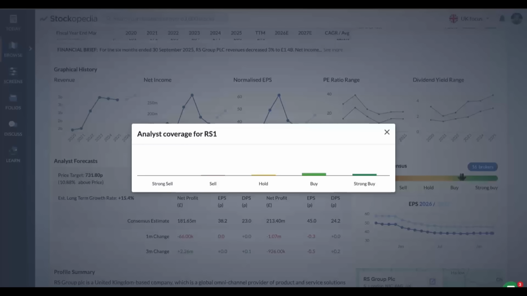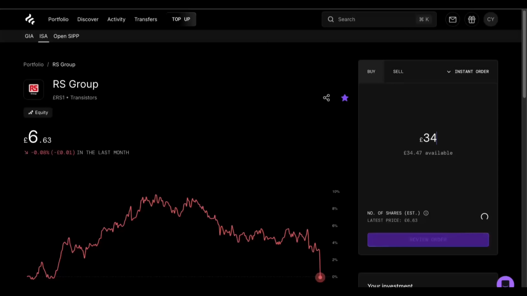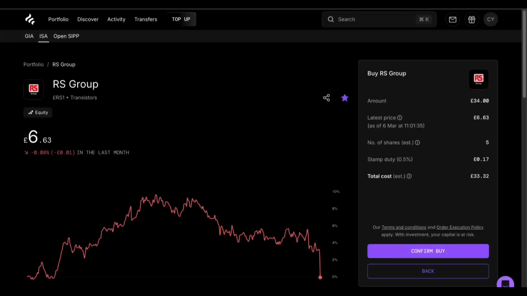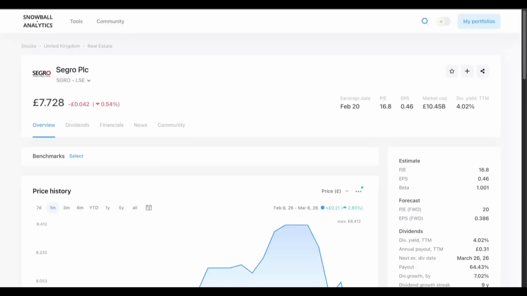Right now, the analyst consensus is that it's around a buy, with there being 1 sell, 3 holds, 8 buys and 5 strong buys, with an overall price target 10% above the current price at 731 pence. And in today's video, I'm going to be adding 5 shares for a total amount of £33.32. And that leads us to the final stock I'm going to be adding to this month, which is SEGRO,